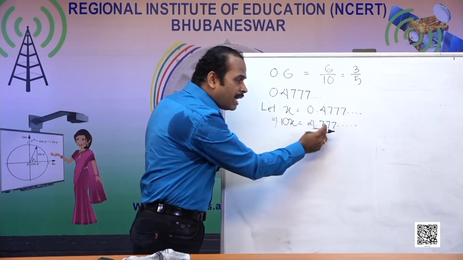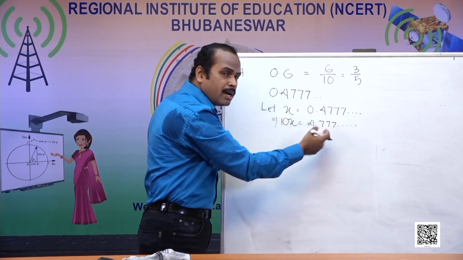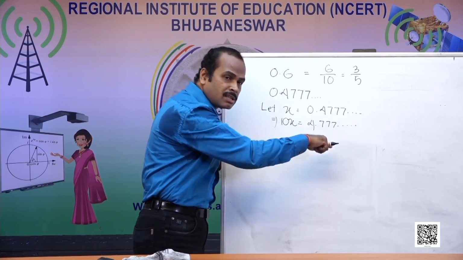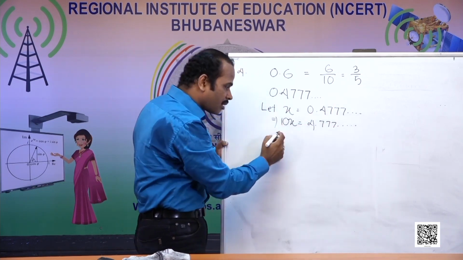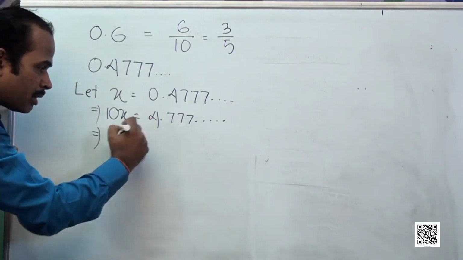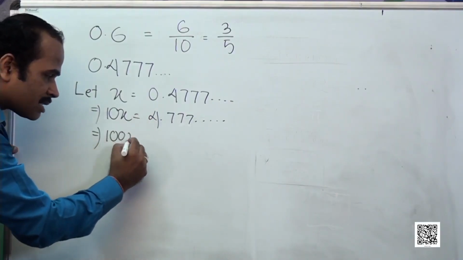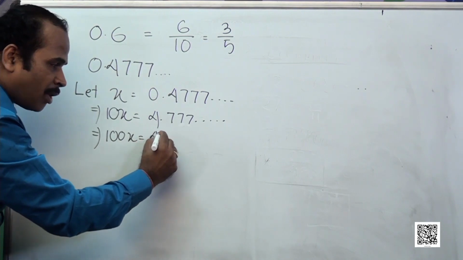Now I find again one digit is there on the other side which is repeated. So to bring this number which is repeated, I have to bring it here. So I will multiply more 10 to here. It will become now 100x. So I will find it is